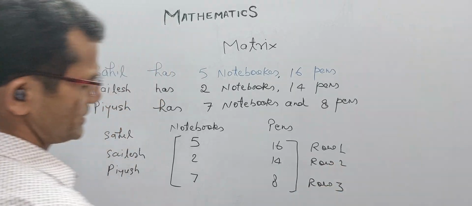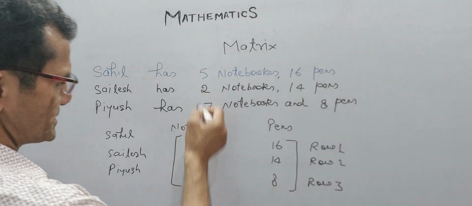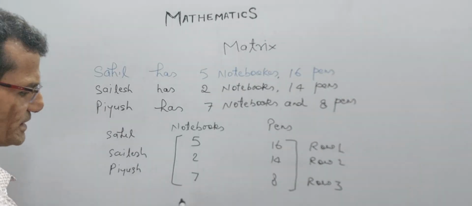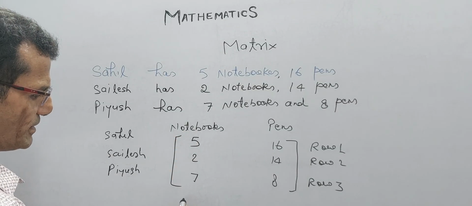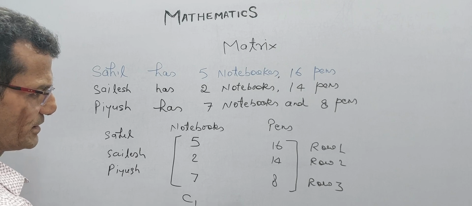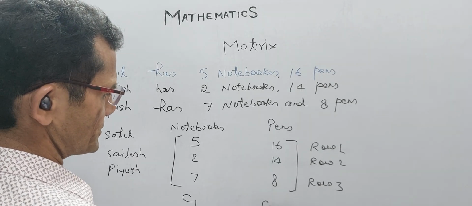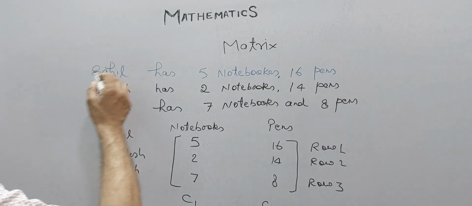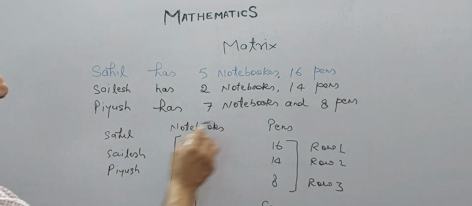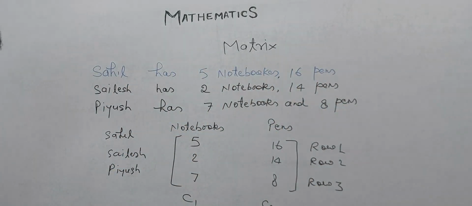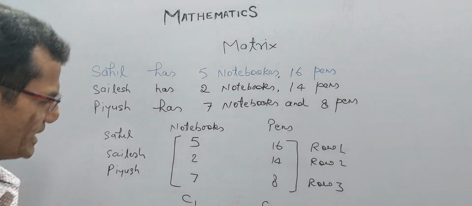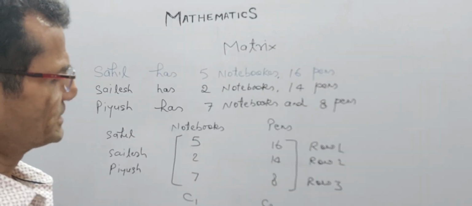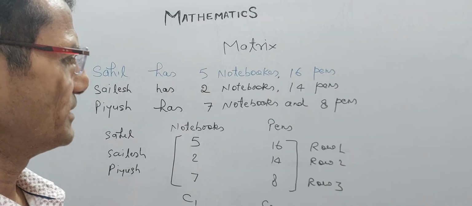So here are 2 columns also. These vertical lines are known as columns: this is column first, C1, and this is column second, C2. So in this way, this is the writing of information in a matrix format, mathematically. So we can utilize this in complicated data